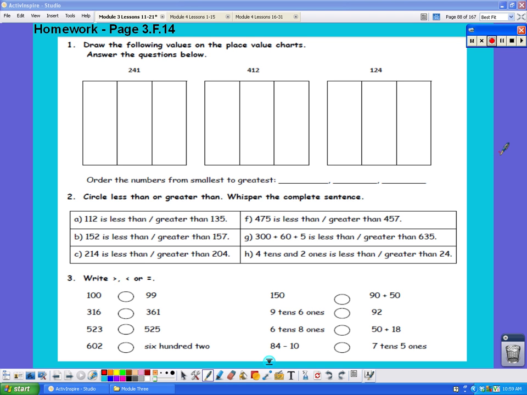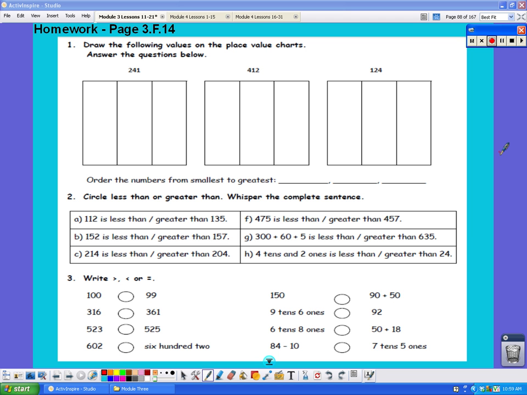Lesson 16. Compare two three-digit numbers using less than, greater than, and equal to. Let's look at Lesson 16 homework. Number 1. Draw the following values on the place value charts. Answer the questions below. So the first thing they want us to do is draw the value on the place